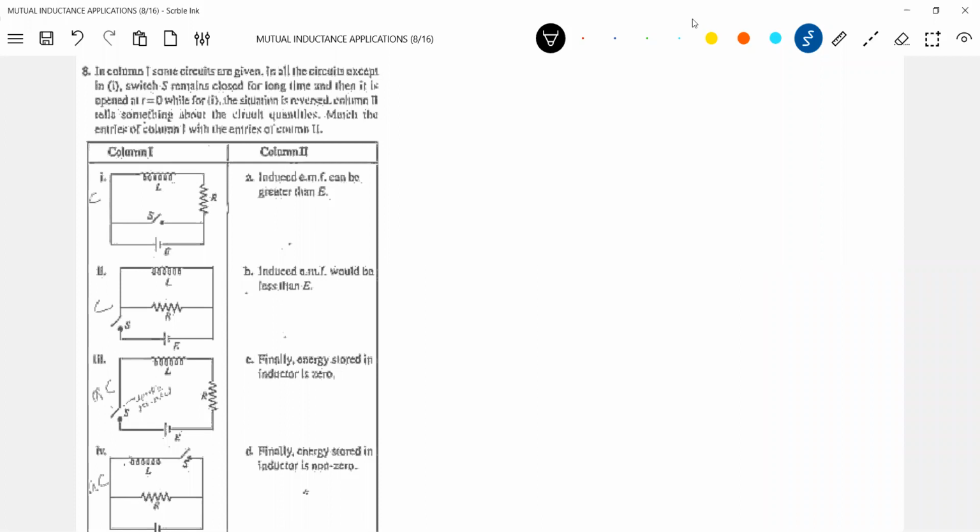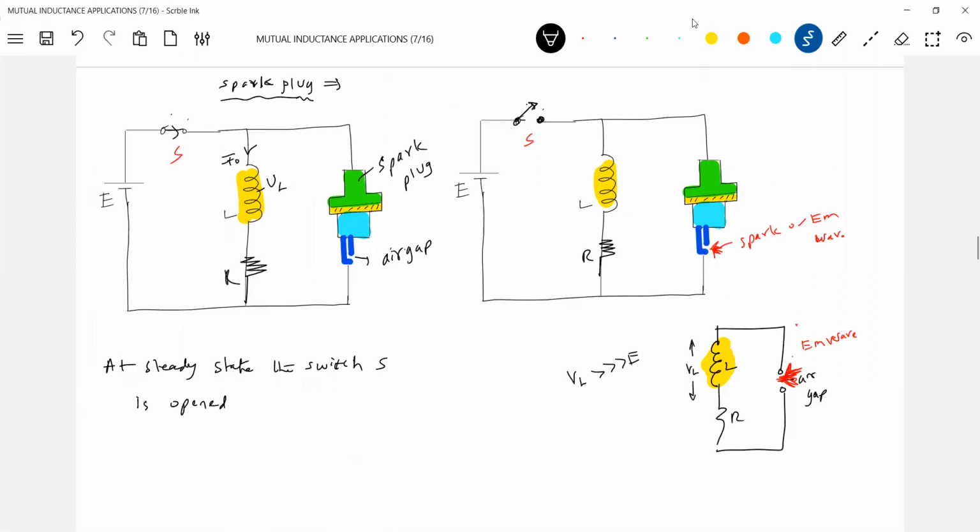You can see the gap here, S. When this happens, will a spark be generated or not? The spark will not be generated in the inductor coil. The spark will be generated in the air gap, not in the inductor. Nothing will happen to the inductor. The flux across the inductor will collapse rapidly so that